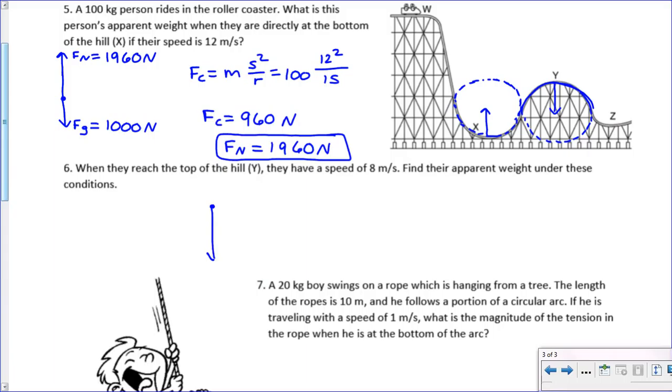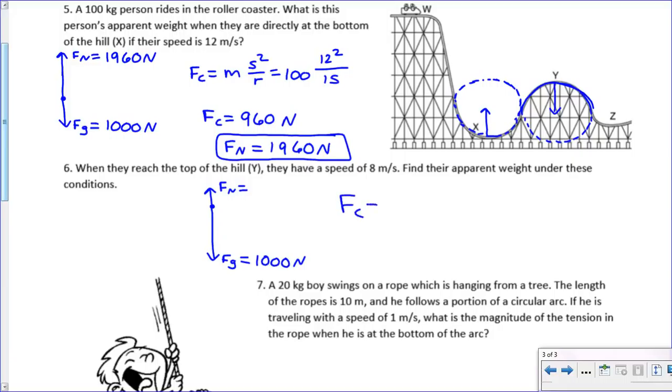We've got Fg going down, and then we've got a smaller Fn going upward. The reason for that is, again, it's accelerating downward at the top of the hill. We know that this Fg is 1,000 newtons because the gravitational force is related to the mass, and the mass is still 100. To figure out what this normal force is, we have to do something similar to what we had done